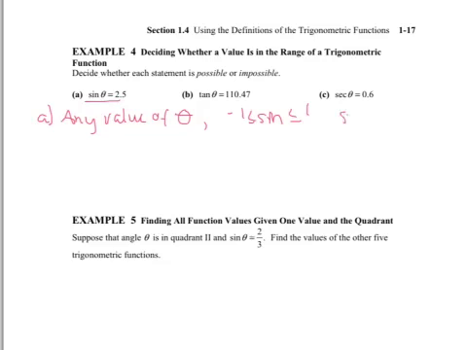So since 2.5 is greater than 1, A is actually impossible because it is not in the range between -1 and 1. So A is impossible. So if we look at B, B is tangent function